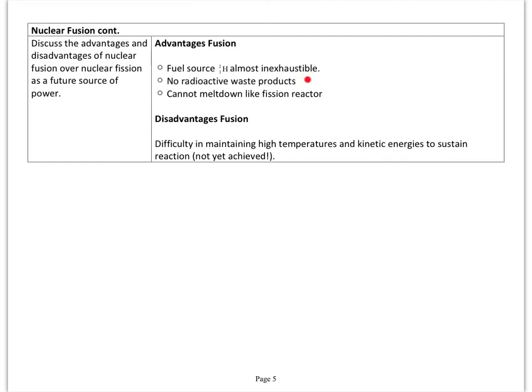Also, you do not produce any radioactive waste. We talked about all of the products of nuclear fission themselves being radioactive because of an excess of neutrons. Not the problem with fusion. You make stable isotopes. The chances of meltdown through an uncontrolled reaction are also very unlikely with fusion, well, almost impossible. If the control rods don't work properly or something in a fission plant, we can have an uncontrolled reaction,